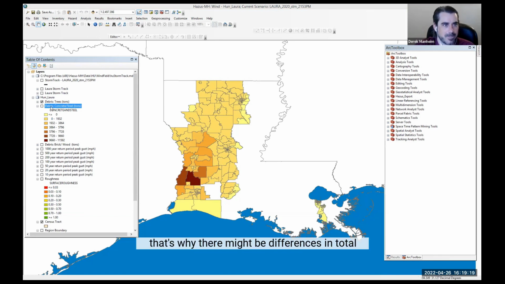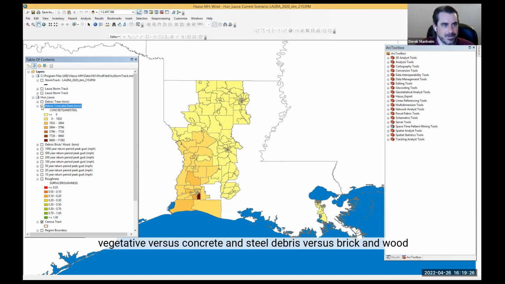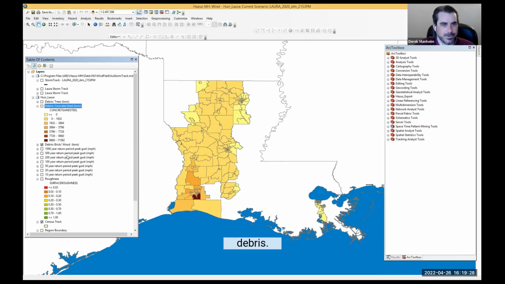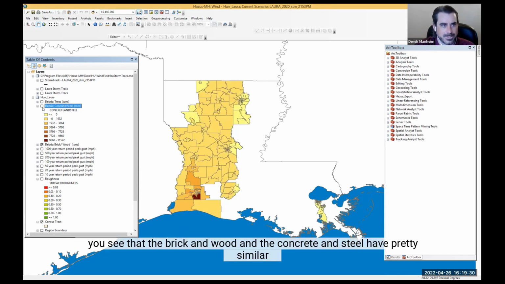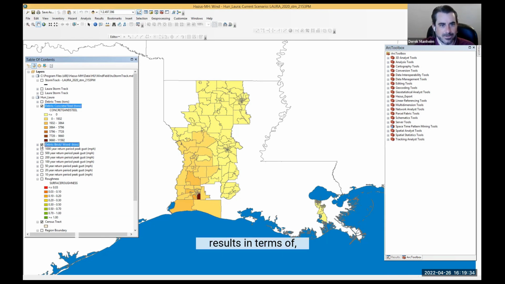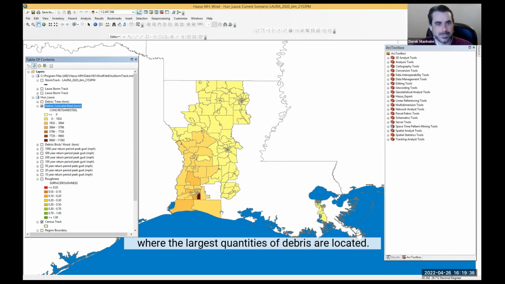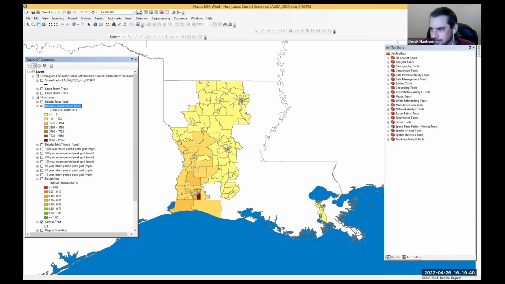So again, that's why there might be differences in total vegetative versus concrete and steel debris versus brick and wood debris. Again, you see that the brick and wood and the concrete and steel have pretty similar results in terms of where the largest quantities of debris are located.